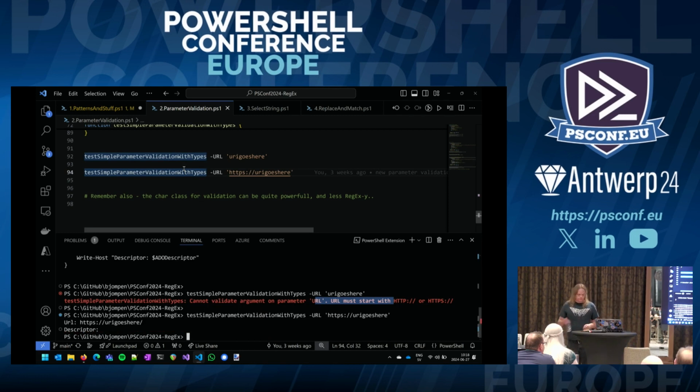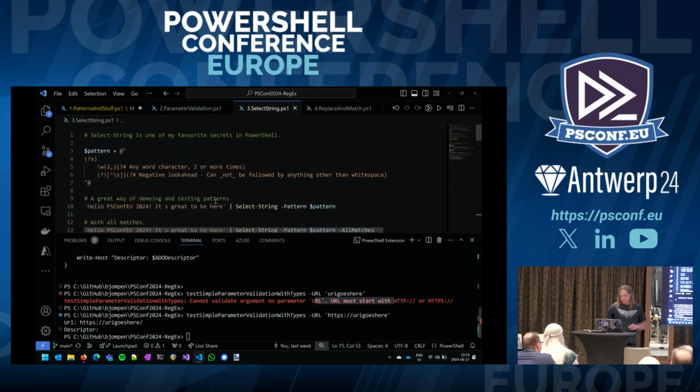So, parameter validation, do use error message if you have to use regex, but remember, you don't often have to. In fact, the char class that we just looked at can do a lot of the simpler validation stuff for you. So use that one and validate script. It's probably easier to read for the person you leave the code to after you leave. That's the first one.